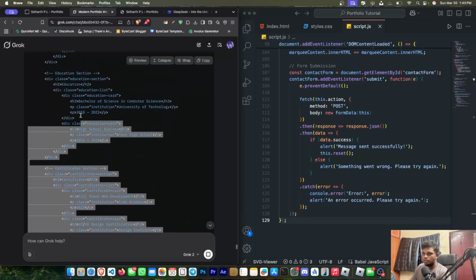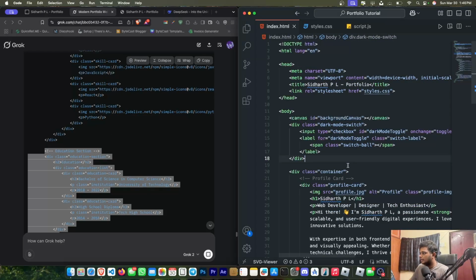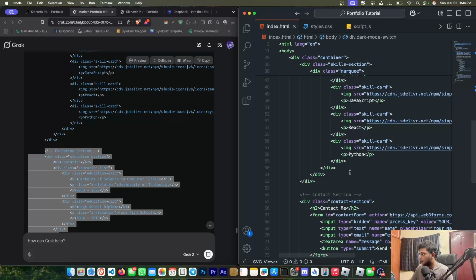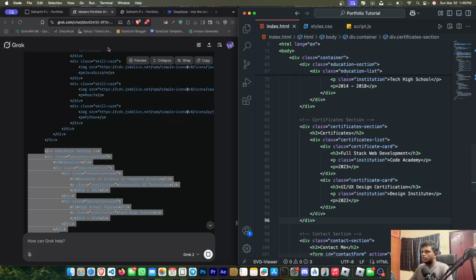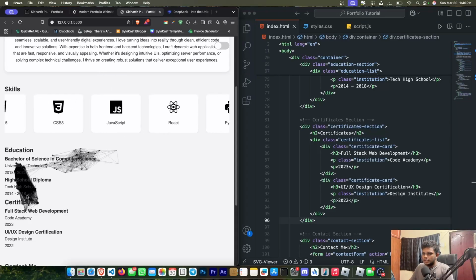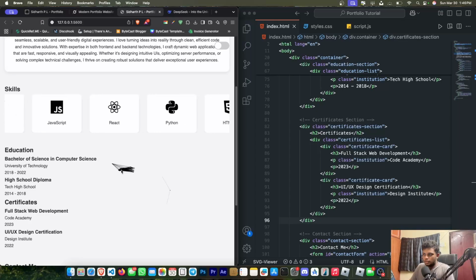So let's just copy that particular section and go to our index.html and go all the way down to our skill card and paste that below the skill card. So we can see that education is right here and we have a certificate section,